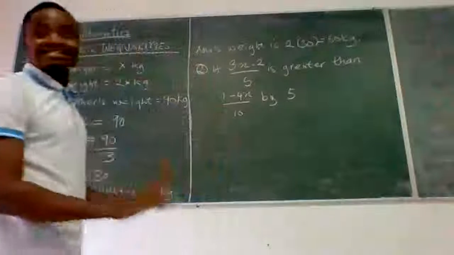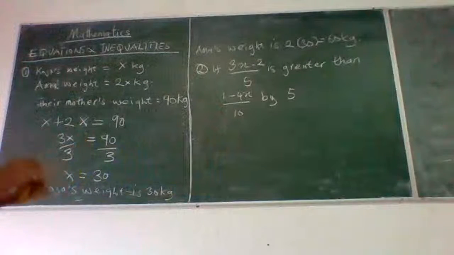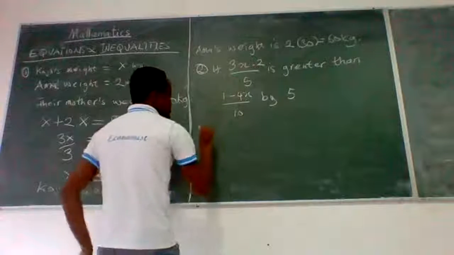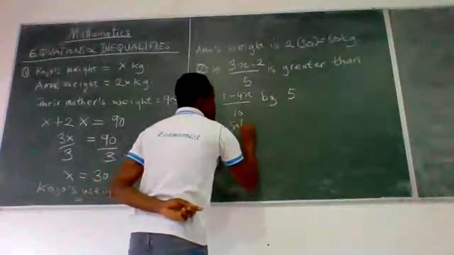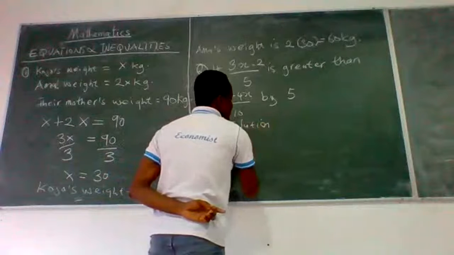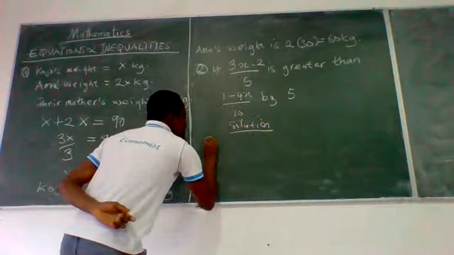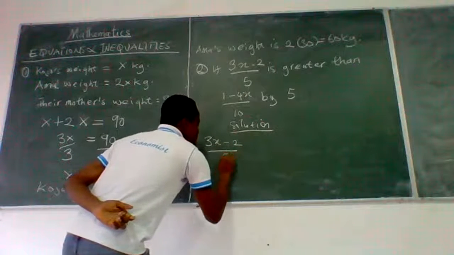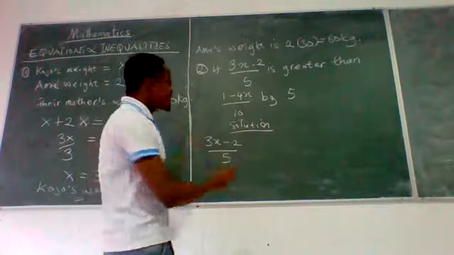Let's see. First of all, let's write our first quantity. Solution: we have 3x minus 2 divided by 5, and this quantity